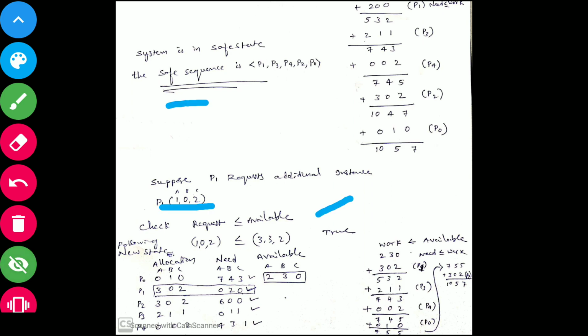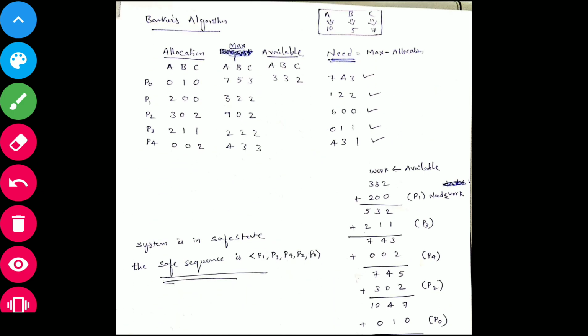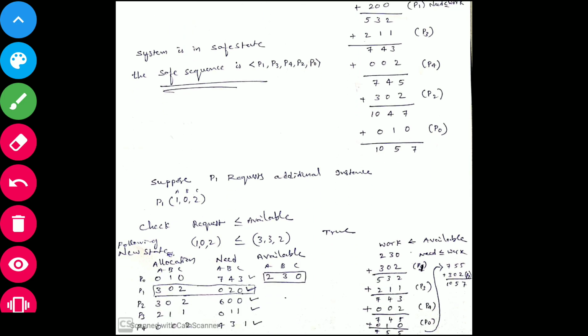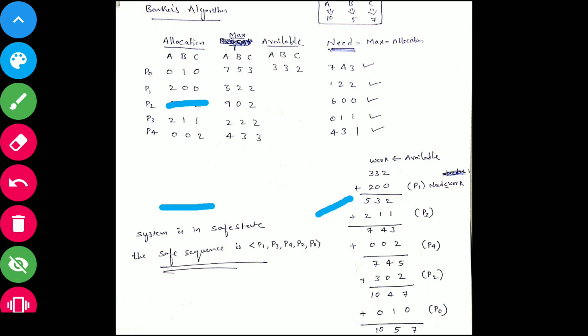So now need, where is need? For P1, need is 1 2 2. For that, you subtract 1 0 2. You need to subtract 1 0 2 from 1 2 2, which is the previous need.